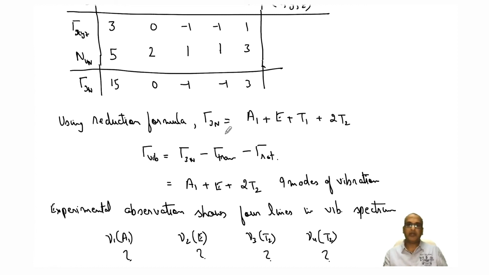So meanwhile, try to practice. Take different molecules and see if you can get to this stage of finding the IR representations corresponding to tau vibrational. Pick up any given molecule for which we have done previous calculations like BF3, NO3, or take an octahedral molecule, take any big molecule and see if you are able to get it, and then find out if it matches with the theoretical description of the vibrational spectrum.